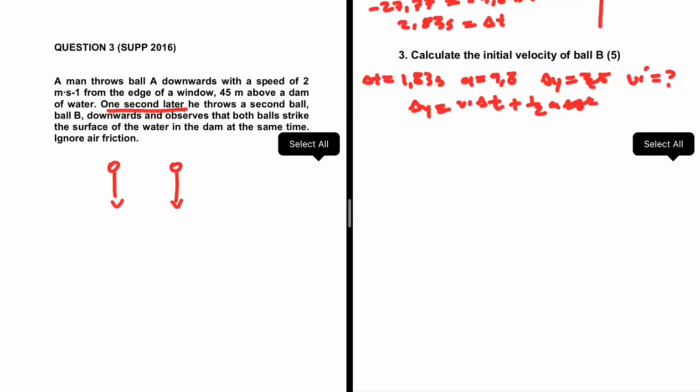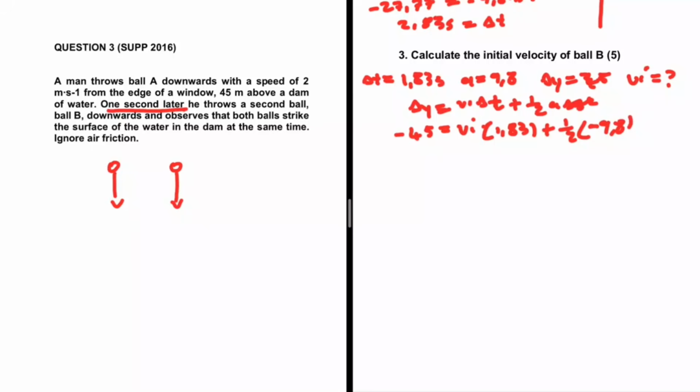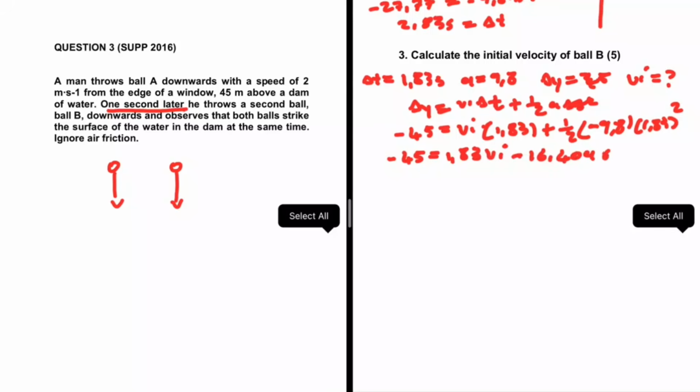So delta y will be minus 45 meters downwards. VI is what we're interested in. The time is 1.83. Plus 1 divided by 2. Acceleration is minus 9.8 and the time is 1.83 squared. So we're going to have minus 45 equals 1.83 VI minus 16.4096. Right, so taking minus 16.4096 to the left hand side,